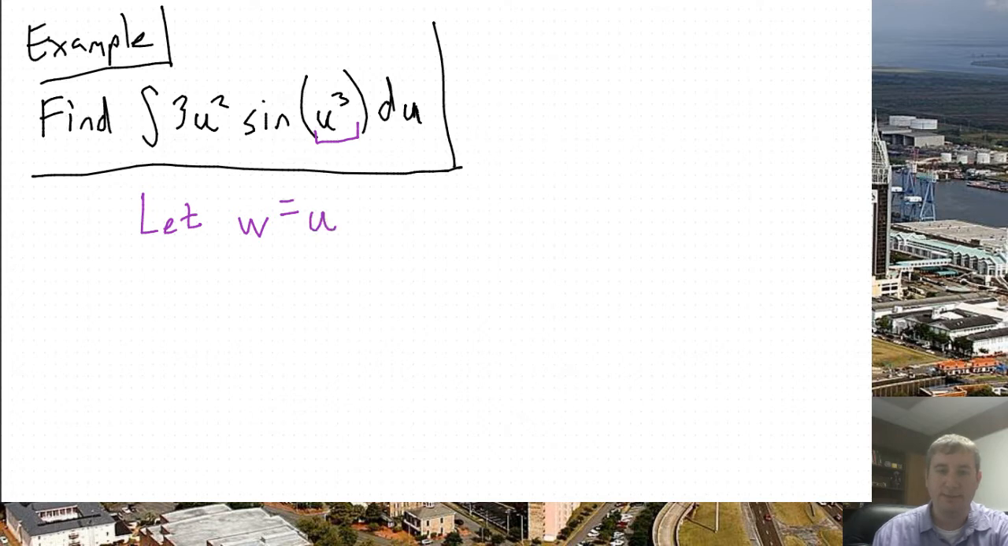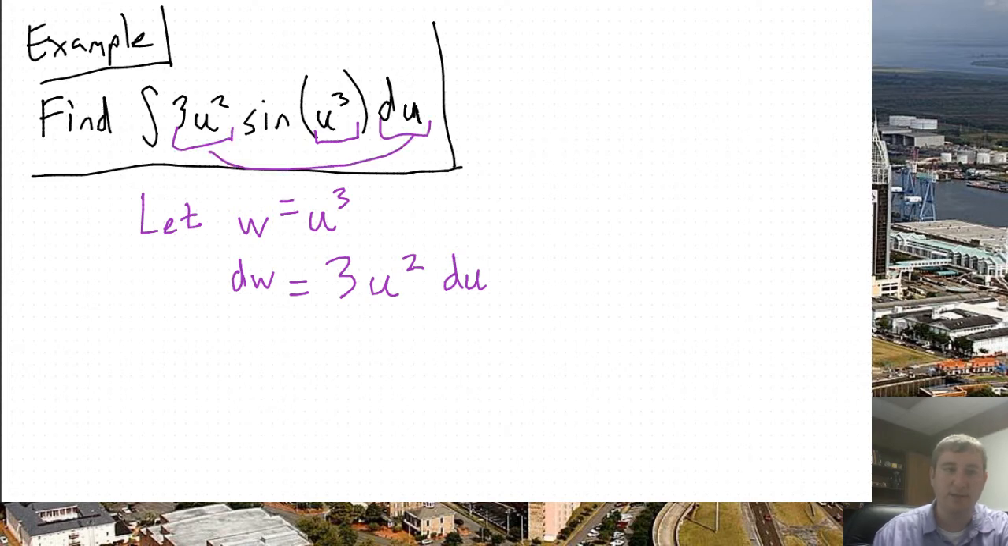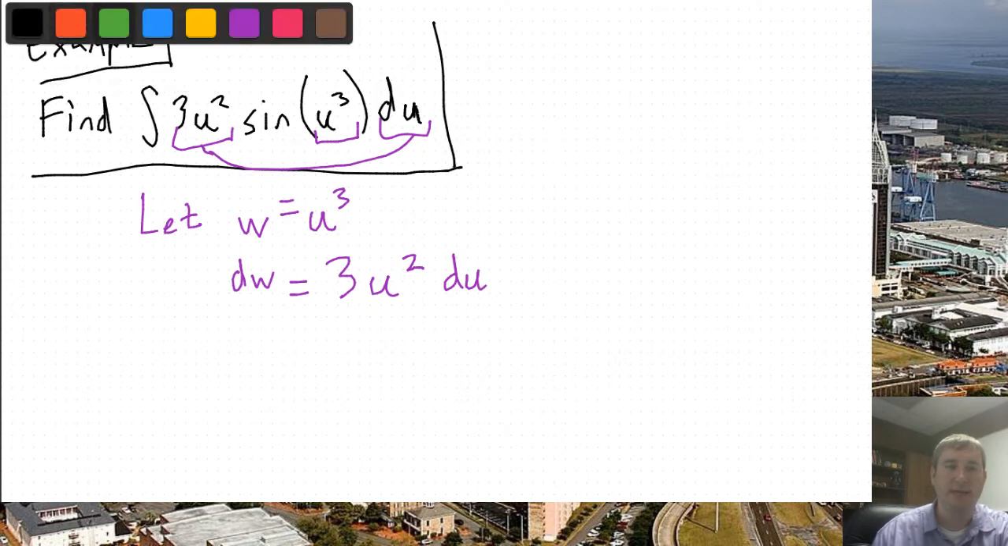So let's see. If I have w equals u cubed, then I can take the derivative of both sides. The left becomes dw over du, but we'll rewrite the du on the right. And we'll take the derivative of u cubed to get 3u squared. And again, we were very fortunate because there is my 3u squared du in the original problem. So what does that do for me? Well, I can take that,